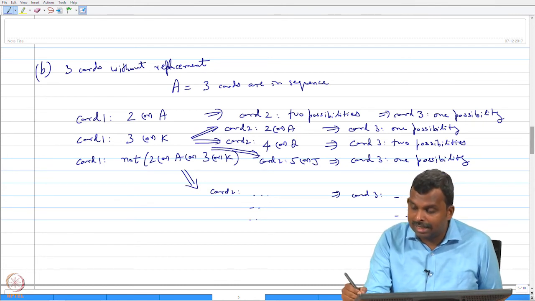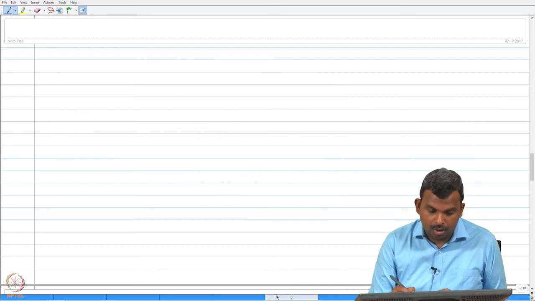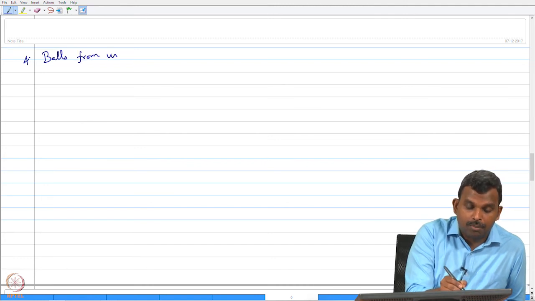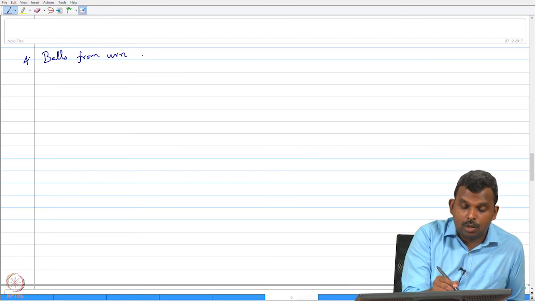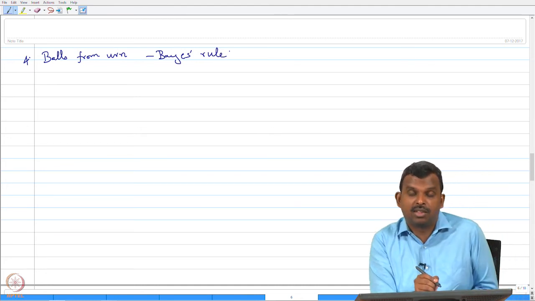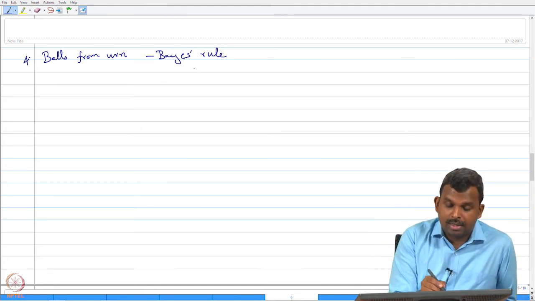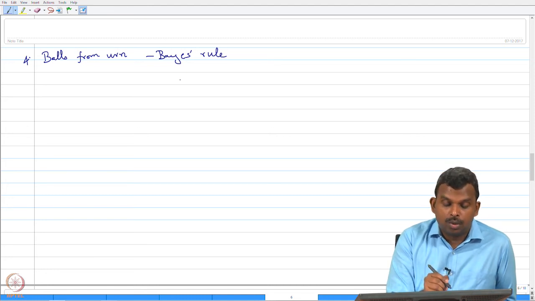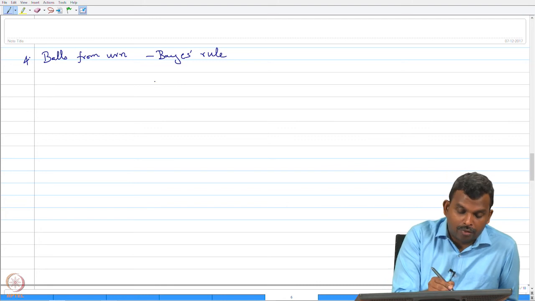So, the last example I am going to do is drawing balls from an urn. This is a very, very classic example of conditional probability. And this is also an example of Bayes' rule. So, I am sure you would have looked at Professor Arvind's lectures on Bayes' rule. You know what the actual rule is. If you have 2 events A, B,